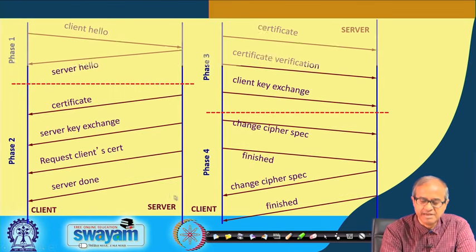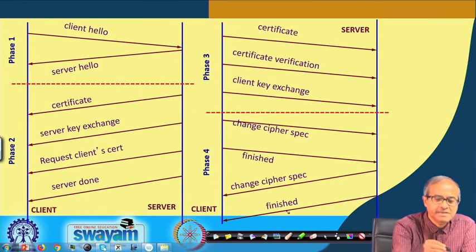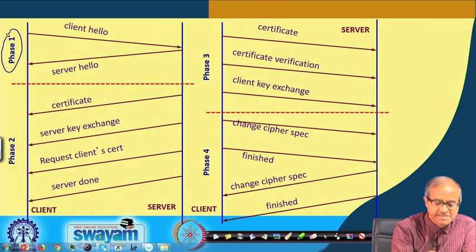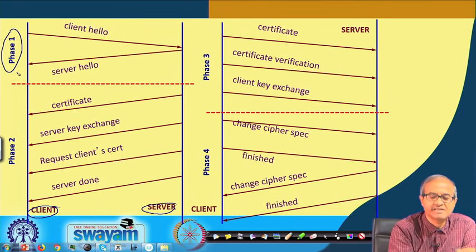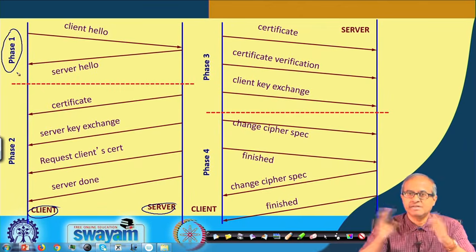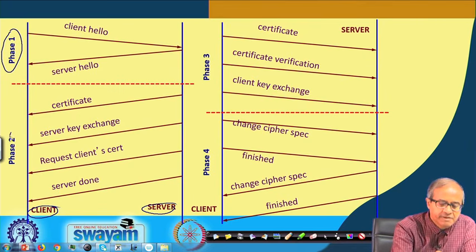Okay, without going into detail, let us see pictorially how these things happen. This is phase 1, as you can see, this is the first phase. This is the client, this is the server. So, client sends a hello message, this is through the handshake protocol, and server sends back hello message. So, both the sides know that well the link is active. This is phase 1. Phase 2,